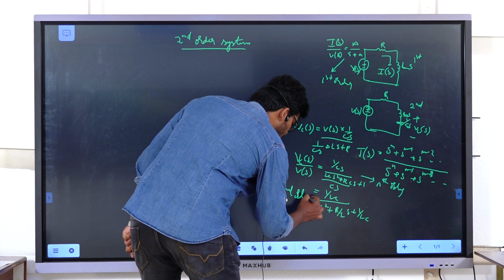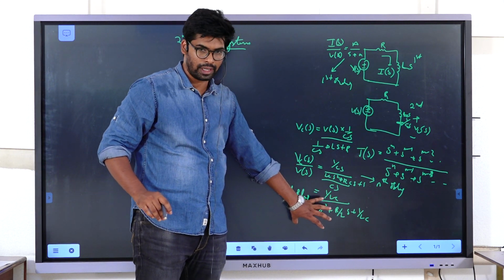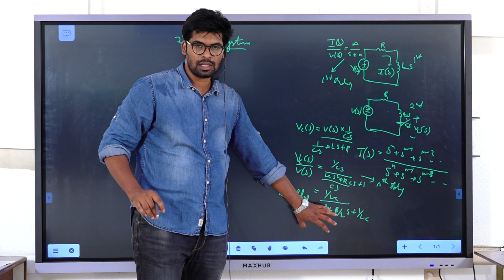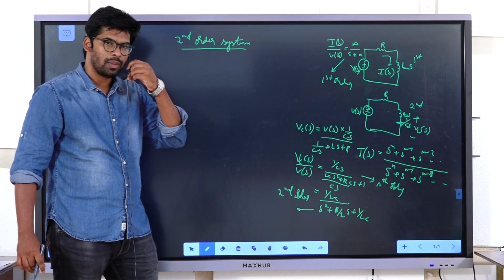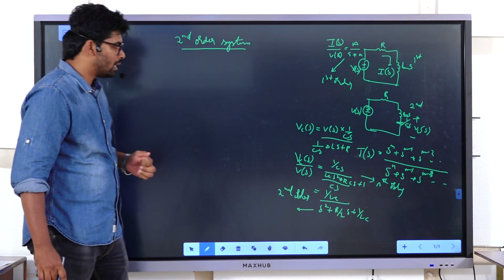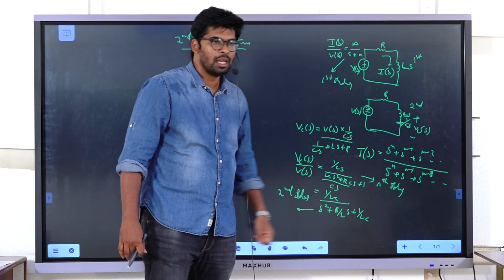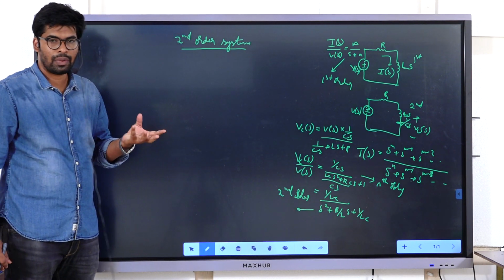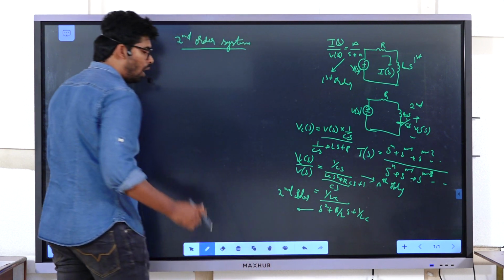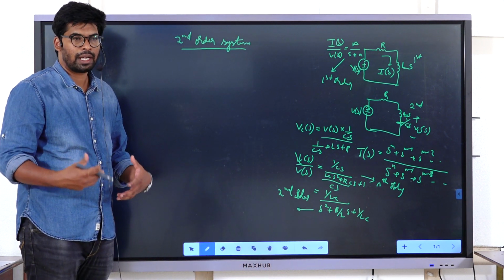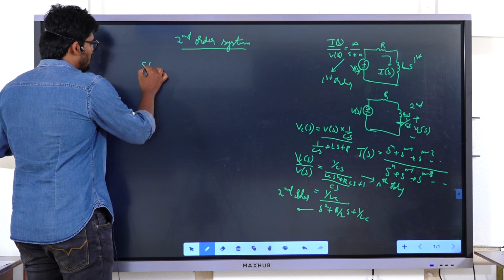Okay. So for the RLC circuit we got the second order, right? But control systems are not only applicable to electrical systems, they are also applicable to mechanical systems. In the mechanical system, like in the electrical, we have the basic elements R, L, C. In the mechanical system, we have mass, damper, and spring as elements. So to summarize, all the systems are categorized in one form, that is the standard second order form.